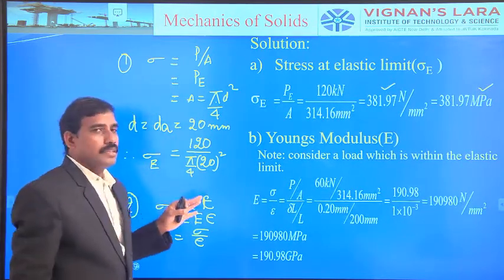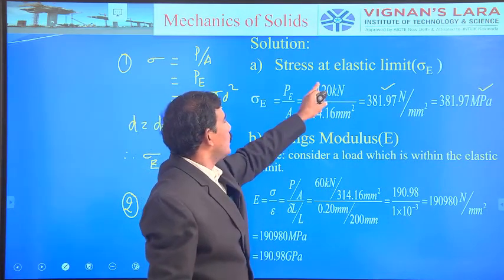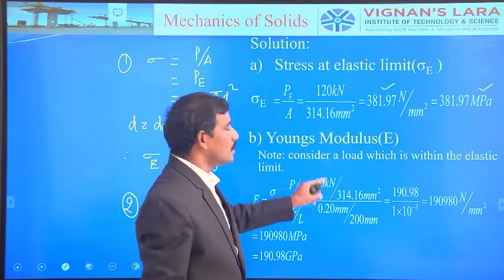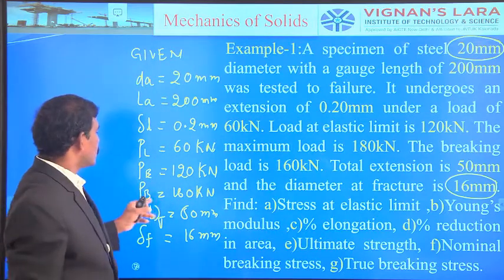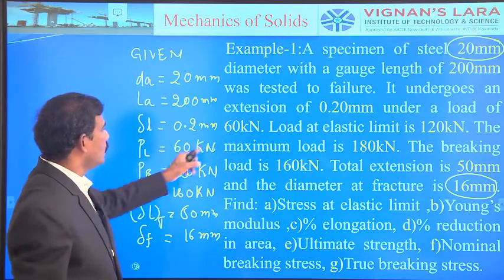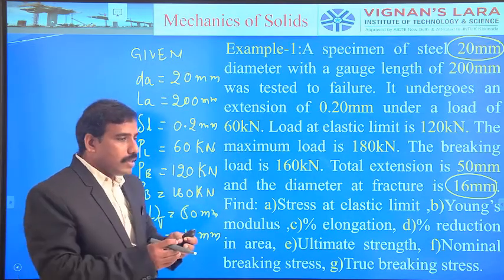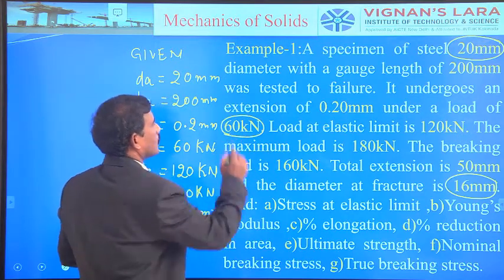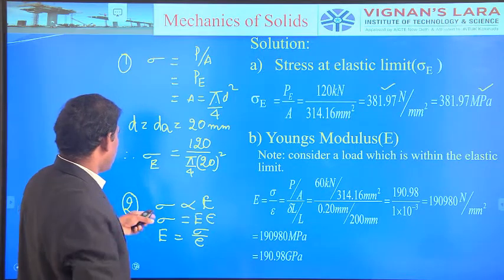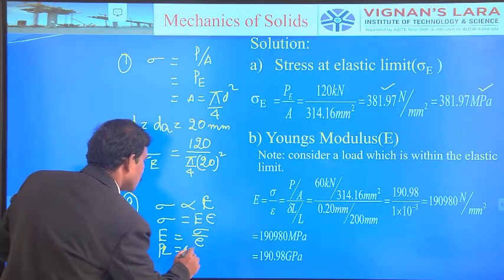That's very, very important. So we have two values for the applied force. One is 120, second one is 60. If you observe, the force is applied gradually up to 60, right? So that is the limit of proportionality. Here the 60 is very, very important. Then what is the load? That is P, the limit of proportionality, PL is equal to 60.